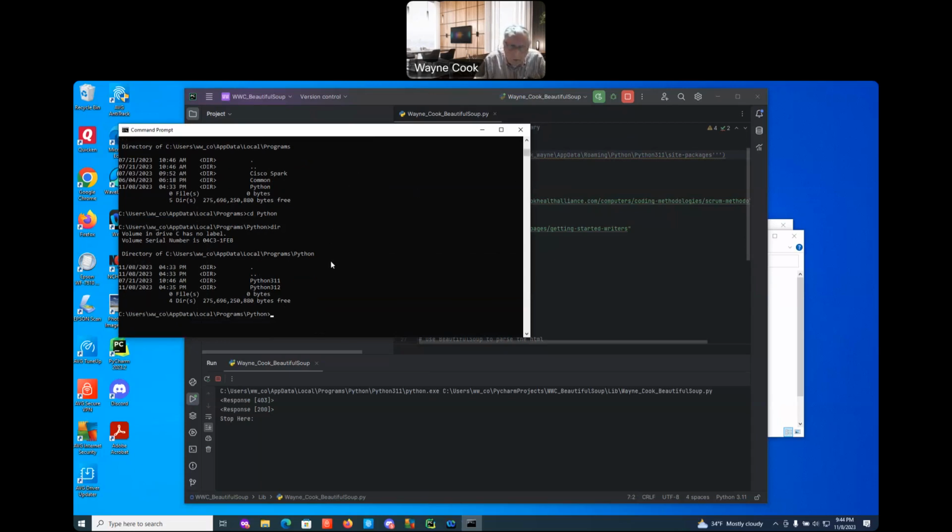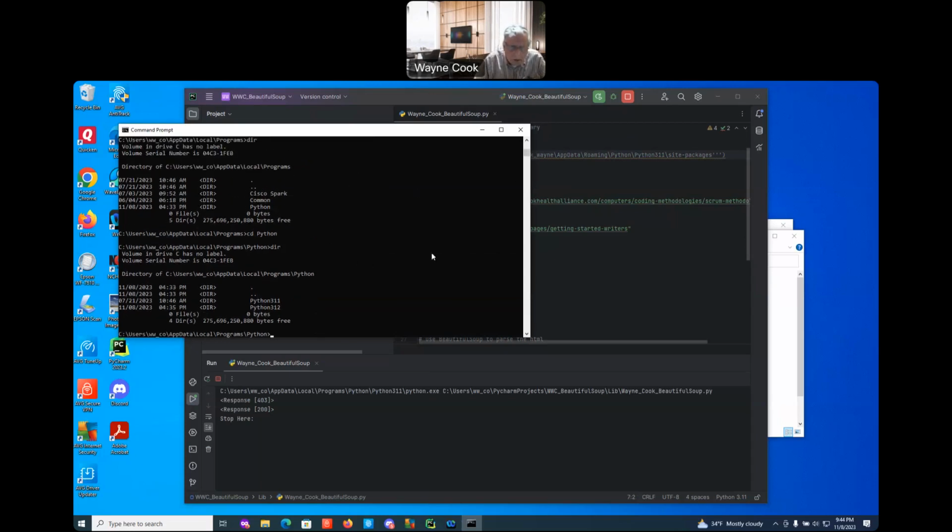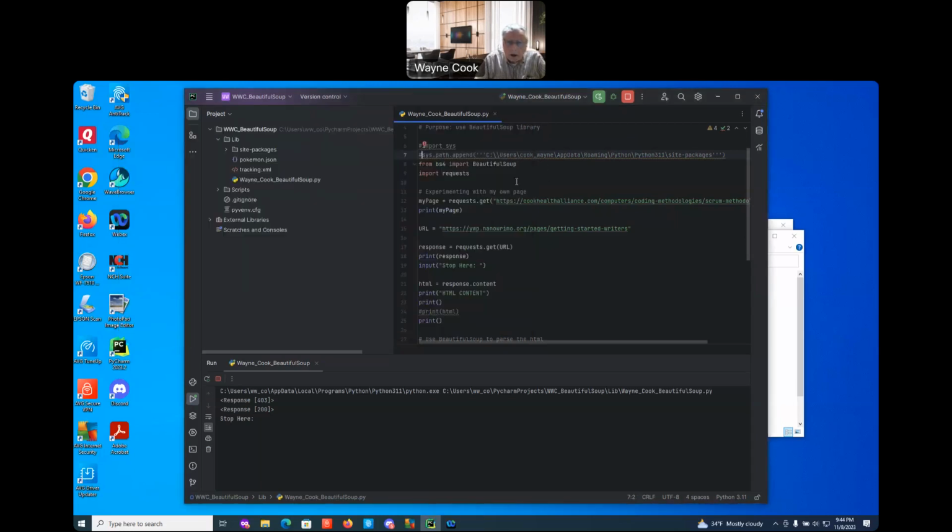Hopefully this makes a little bit more sense on the commands, and I don't need that anymore. Since I have installed both of them, if you notice, the bs4 is not red underlined and requests is not red underlined. The other thing I wanted to do is rerun this. And notice I'm trying to load up my own web page, but unfortunately,